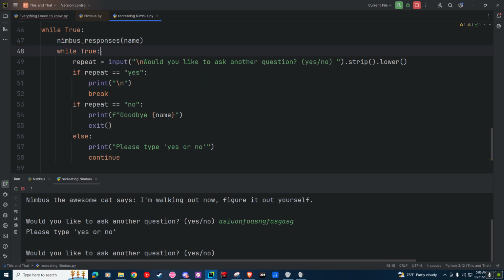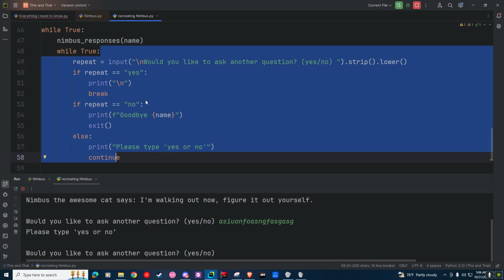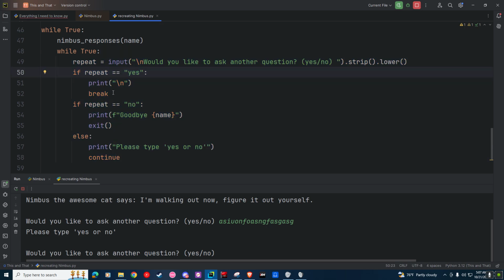So this is an entire loop right here. And if I type yes, I want to break out of the loop, so there's a break command right here, and then it goes to the outside, which is Nimbus response. Now if I type no, then it's just gonna print goodbye and then exit. It breaks out of the loop completely.